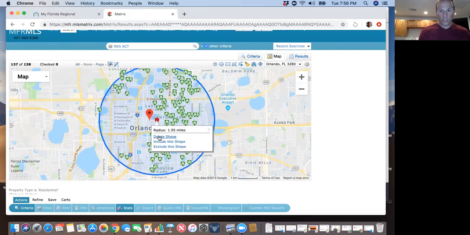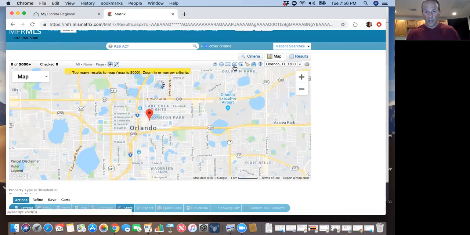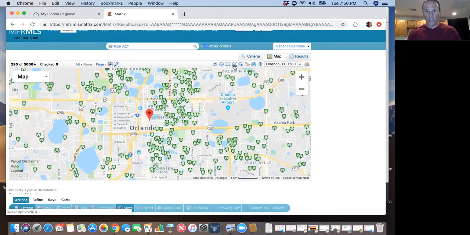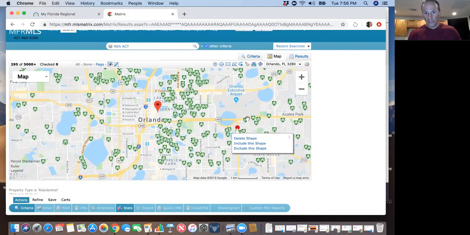Or you can also use this little polygon shape. So let's say somebody's like, I just want this particular neighborhood. Let's say this is a neighborhood right here, and it's like an odd shaped neighborhood. Well, then I can go click. I can click on it and then drag the line. I'm sorry, I did that wrong. So I can click on the polygon shape, click the line,